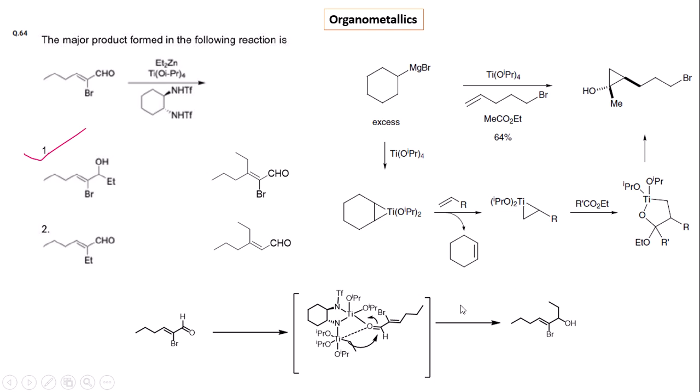And similarly, this screenshot has been taken. This is the Kulinkovich reaction, where titanium isopropoxide along with the alkene system in the presence of ethyl acetate gives the cyclopropanol intermediate, and this is very interesting, where the bromide remains intact, and we get this type of intermediate where two negative charges are created, and this helps to form the cyclopropanol